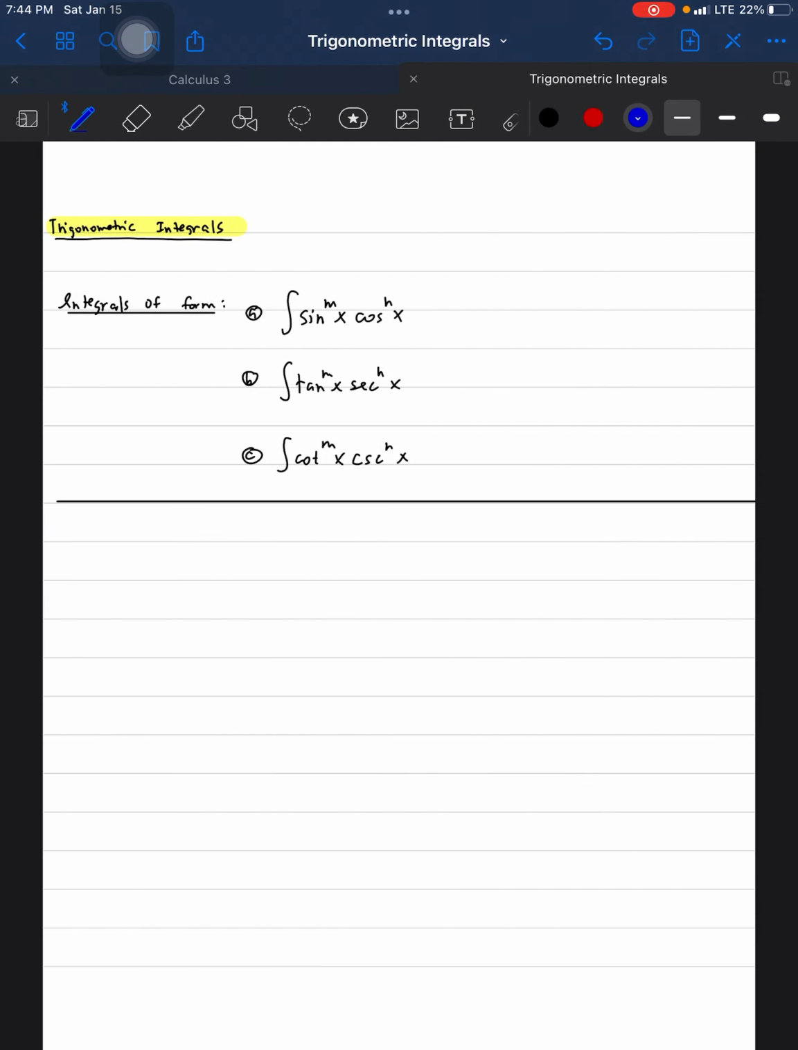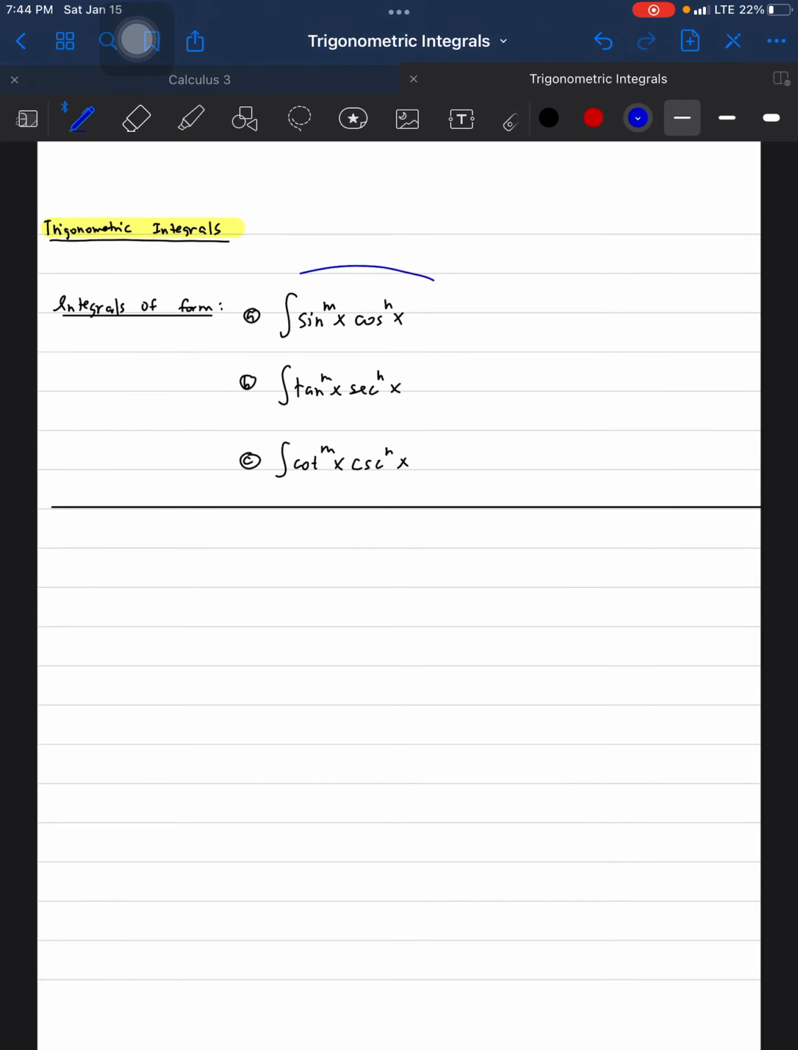And that's basically how you do trig integrals. Just a little review. For trig integrals, there are three kinds of forms. One is with sine and cosine, one is with tangent and secant, and one is with cotangent